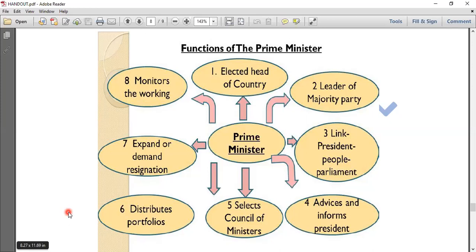resignations. What happens when some of the ministers are not functioning properly, or they may be doing some criminal activities, and what happens? People raise their voice against such kind of ministers, right? If they're not functioning properly with the welfare of the people, then that's of no use. So people demand that these people should leave their seats, right? They should give up the governance. So the prime minister would actually be asking for the resignation, or will be demanding one, or he may cancel the resignation. That depends upon the prime minister himself.